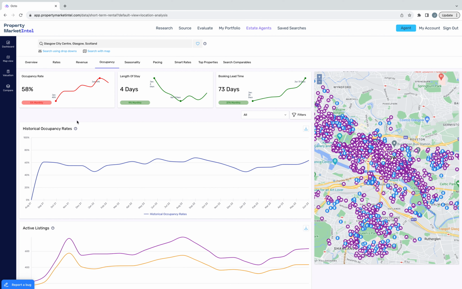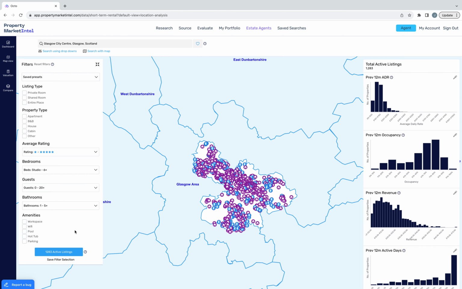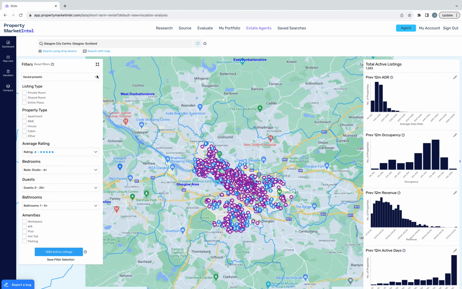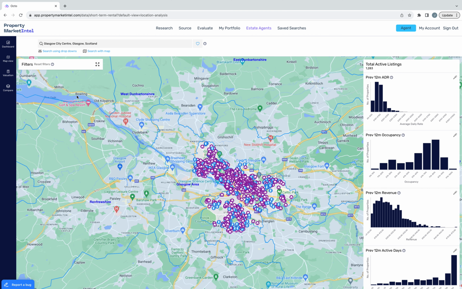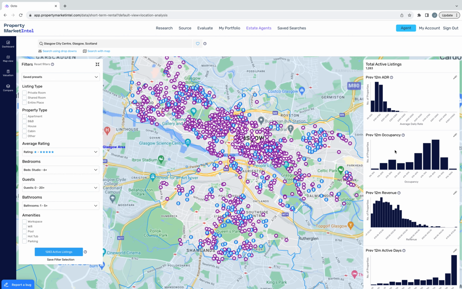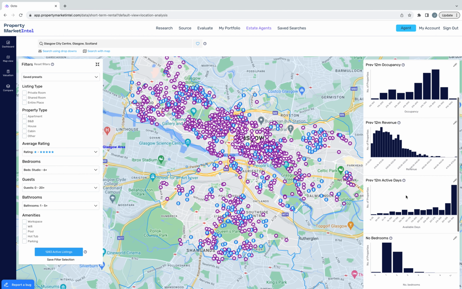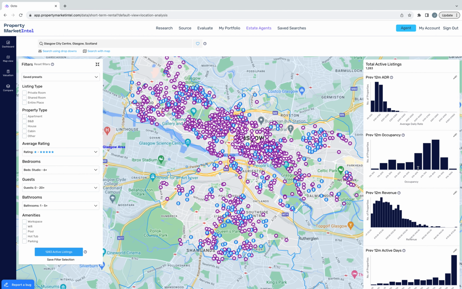So now let's go and have a look at how we can apply these filters across on the map view. When we select the map view, in most situations the filter tab will already be open, but if it's not, we simply press these arrows over here, which will again open the filters drop down. Now if we zoom in on an area, there are other videos that highlight this, but we can see over here all of the histograms based on the data that we're seeing within the map. And not only will the map be updated as you filter, but also this data panel on the right hand side will also get updated as you filter